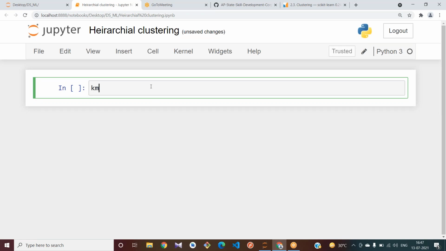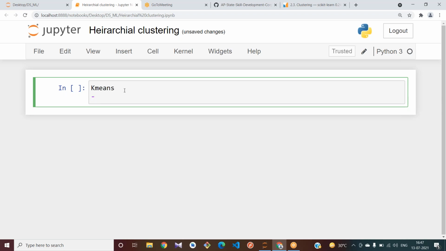What is the disadvantage in k-means? What are the steps we follow in k-means? Please tell me, how do we choose the value of k? How do we choose the number of clusters in k-means?